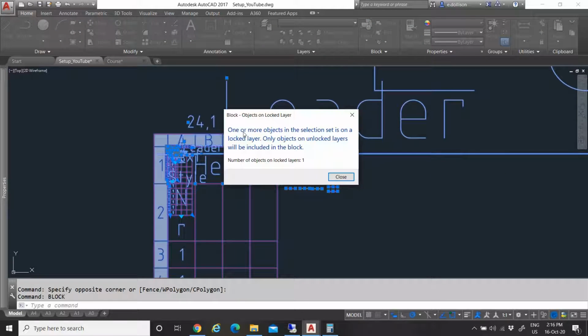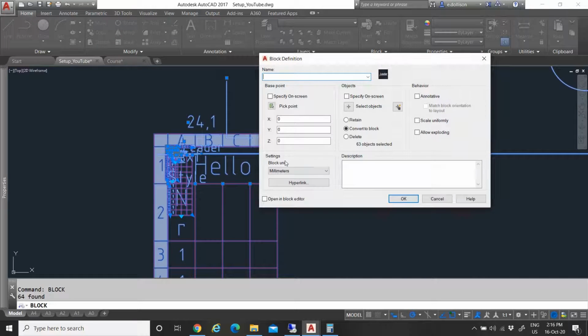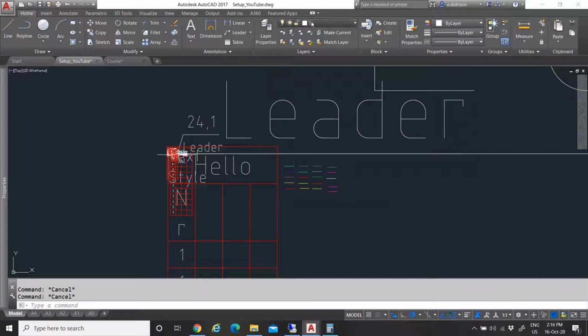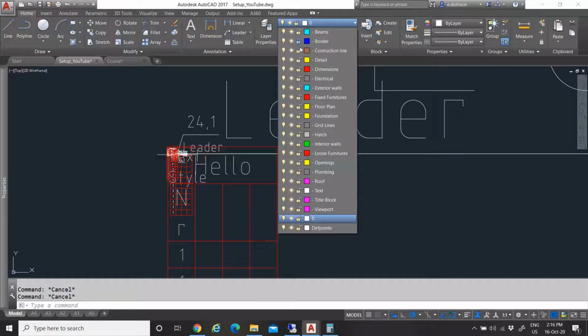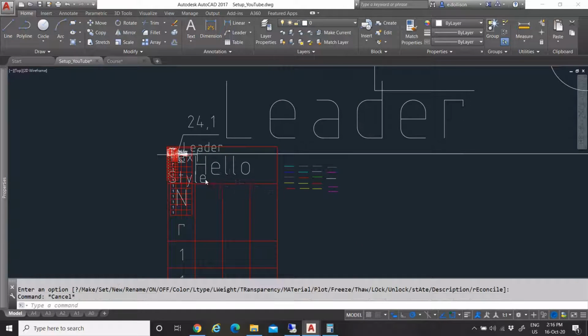and I'm gonna call one or more objects in the selection set is into a lock layer. It will be included on an unlock layer. Only unlock layers will be included. Well, that is not the idea, so unlock your border one more time